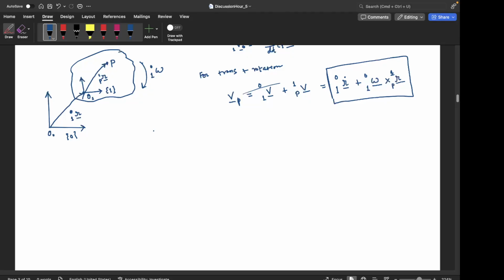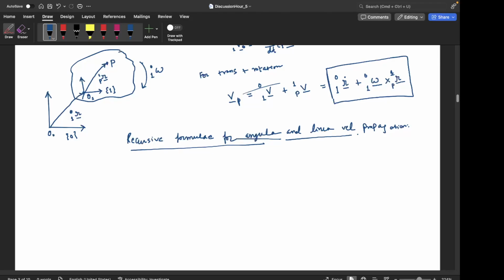So we can write these expressions in a very algorithmic form recursively. So recursive formulae for angular and linear velocity propagation. Right, so